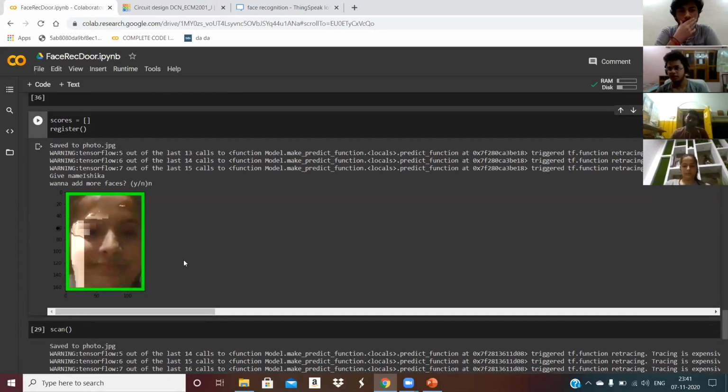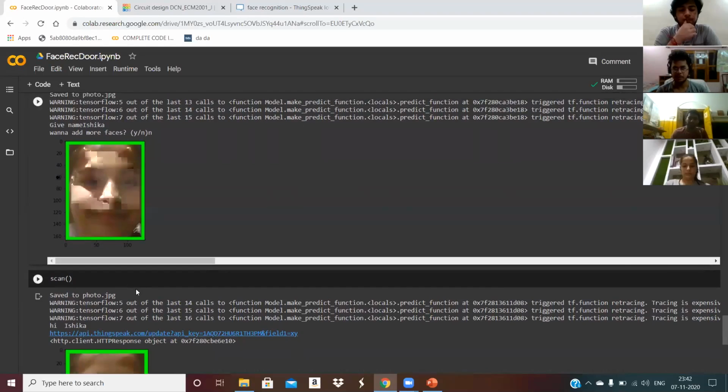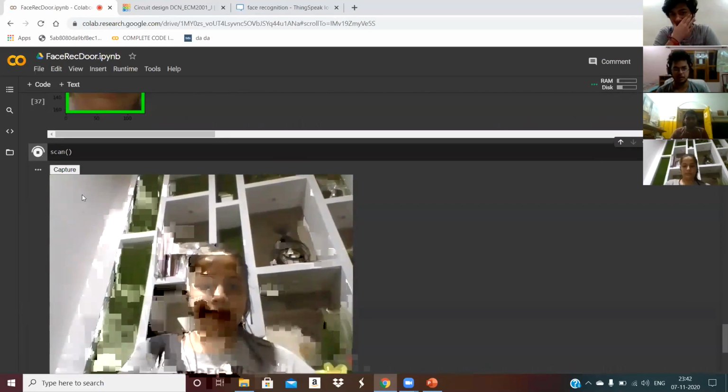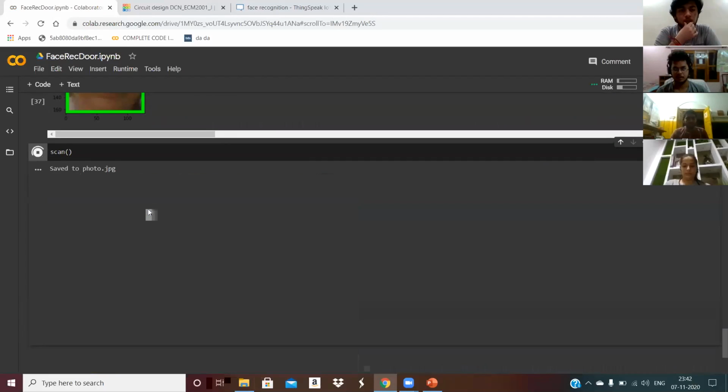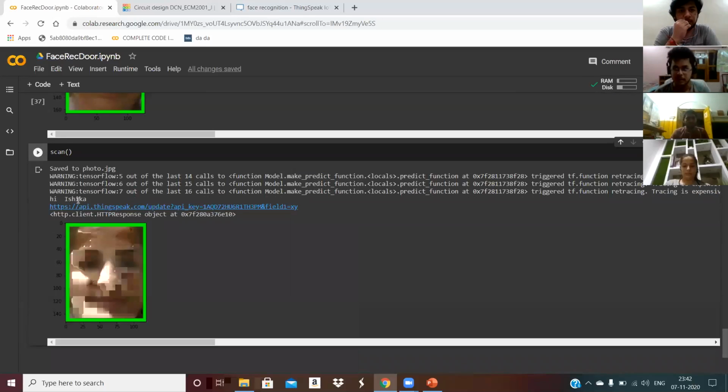Now the person will approach the door and scan his or her face in order to get allowance to enter or open the door. If the person who has asked to open the door is the right person who owns the cupboard, then her name along with the API key will be printed over here. Now moving on to Ashutosh, who will tell you how the output in Tinkercad works.